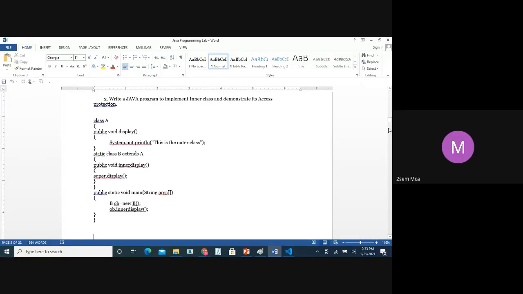Copy fast. Yes, ma'am, this program: public void inner display. What is this one? It is a method name. To differentiate between the superclass method display and the derived class display, we have just used inner display. You can give any name. Because display already exists in base class A, we have a method called display.